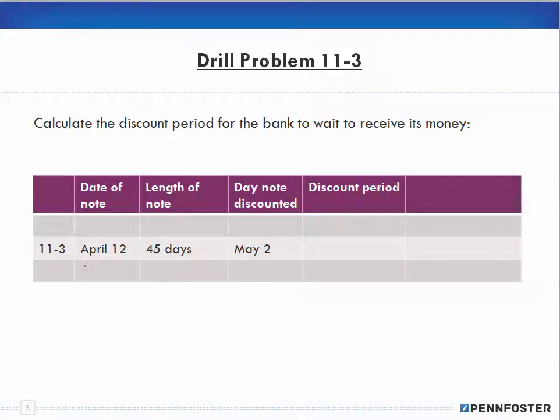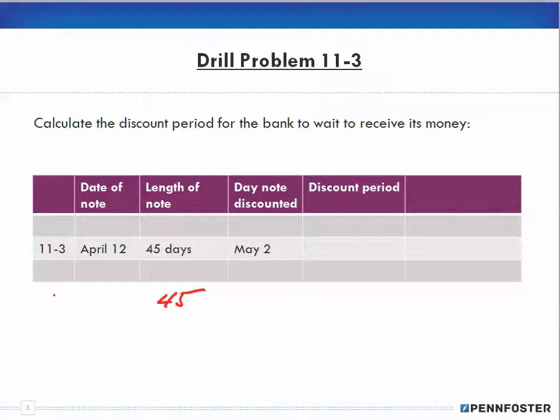So we have the date of the note is April 12th. The length of the note is 45 days. And the day the note is discounted, so we want to know what the discount period is. So if the total length of the note is 45 days, and let's see, the day the note is discounted, well,